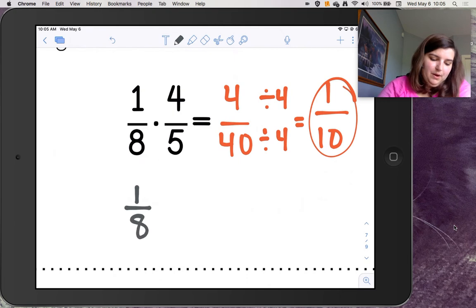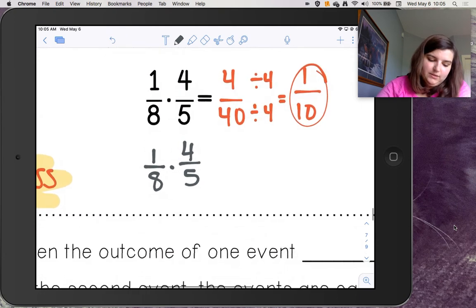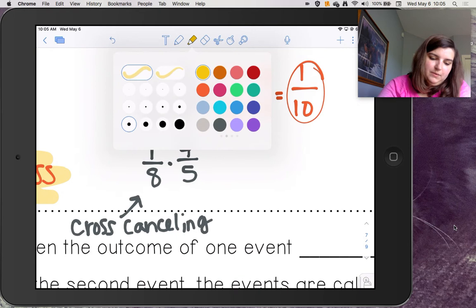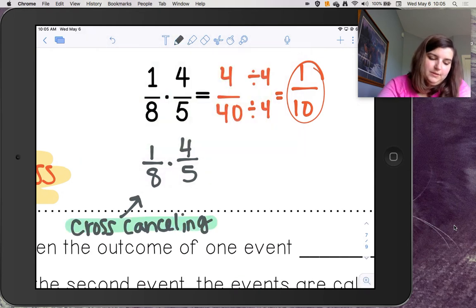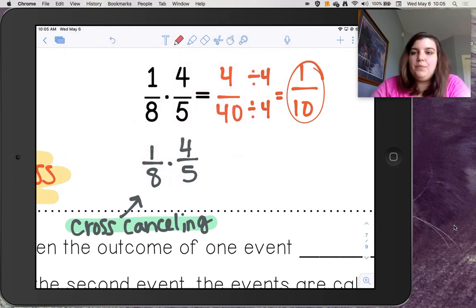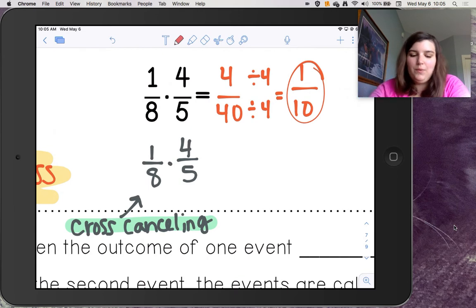So I'm going to rewrite my problem here just so you can see the difference. Have you ever heard of cross canceling? If you have not, I would suggest looking at a YouTube video, because it is really slick. It looks like this. You want to look for things in the top and things in the bottom that have common factors. Just like when we were dividing by 4 over here,